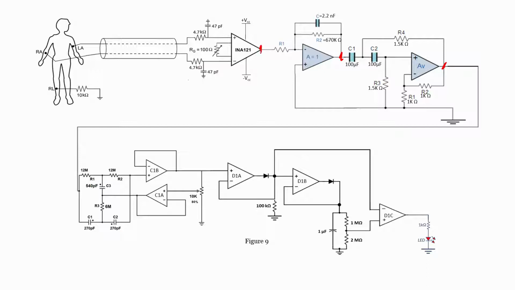So in order to acquire the signal from the subject, we have to connect 3 different electrodes. If you recall, we told that one voltage source will be from right arm to the right leg, and another voltage source will be from left arm to the right leg. So this is one particular voltage source, this is another, and the signal amplitude from this particular source as well as this particular source will be almost equal.